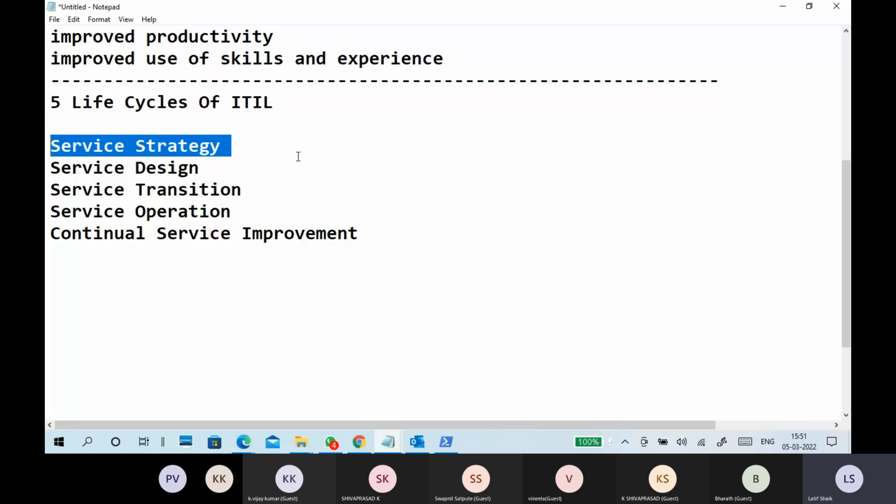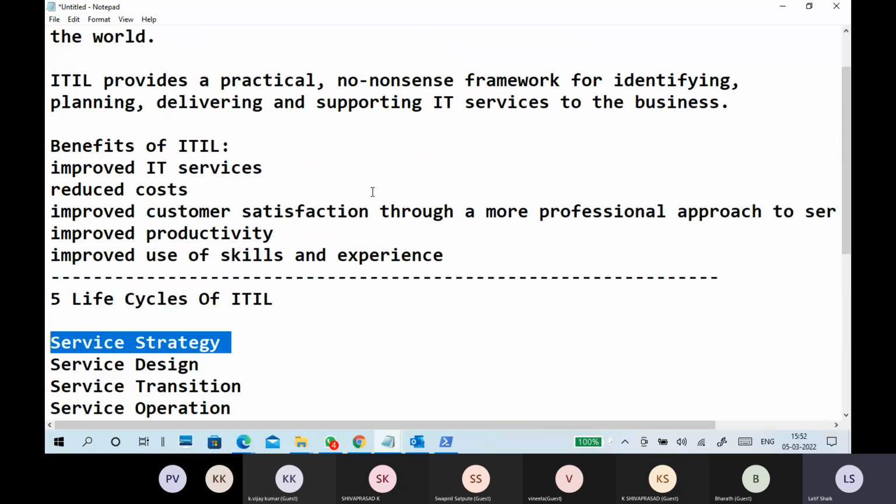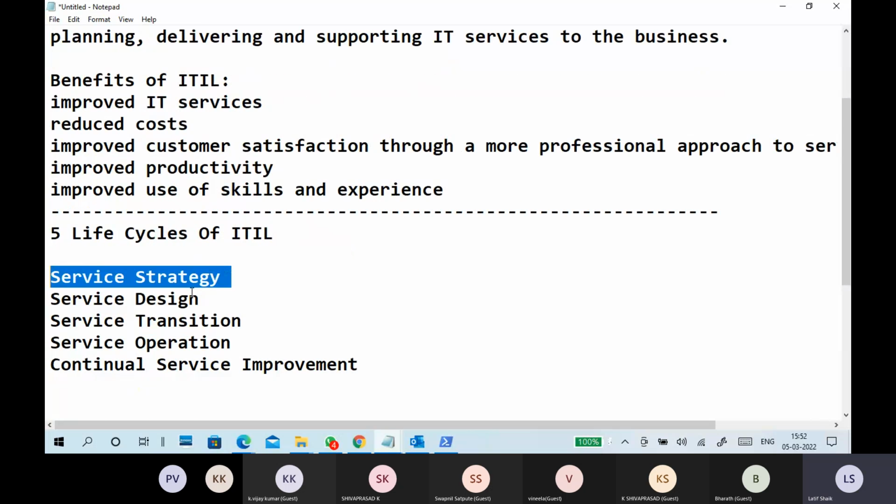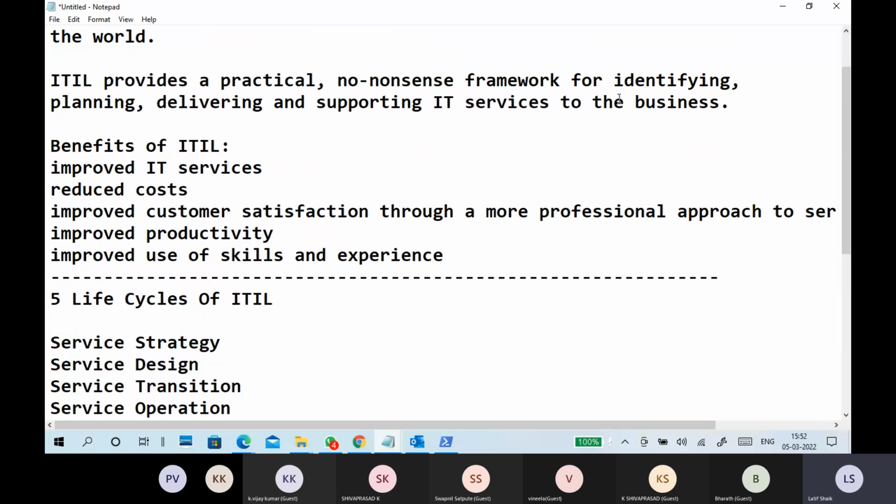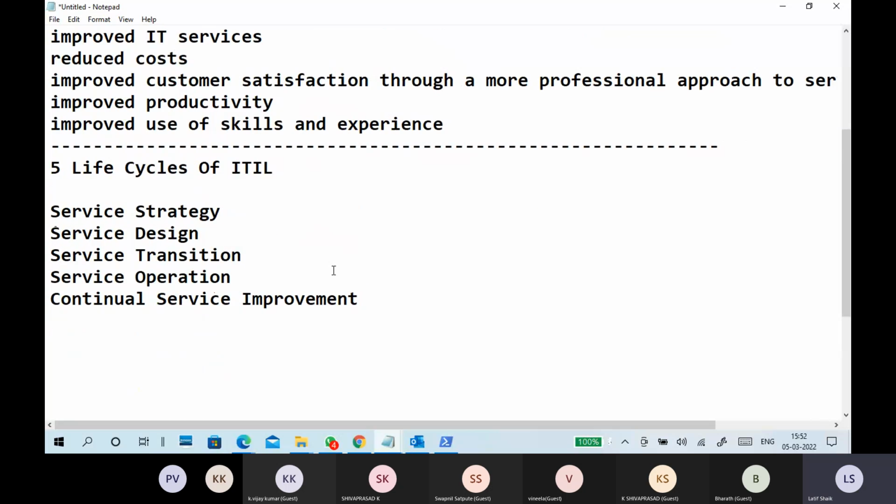So based on the type of customer you are meeting there, you have to plan. So demand in the market also comes under service strategy. What I'm trying to say is identifying, planning, and also understanding